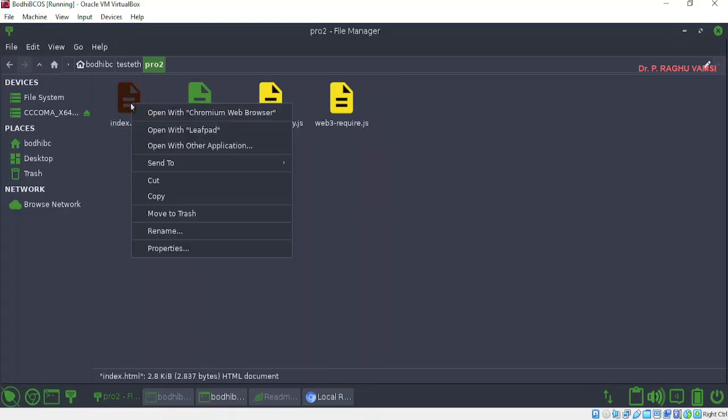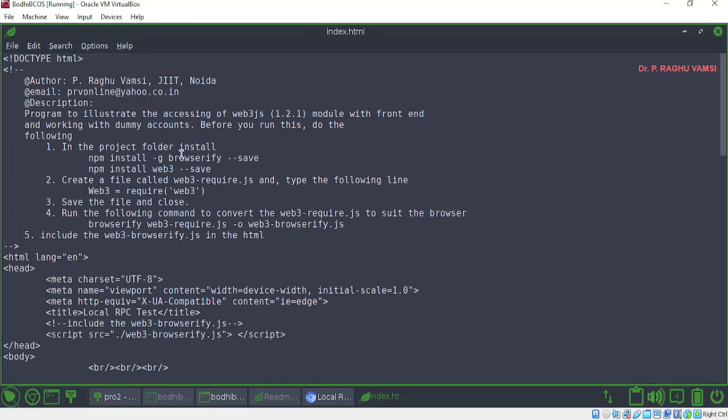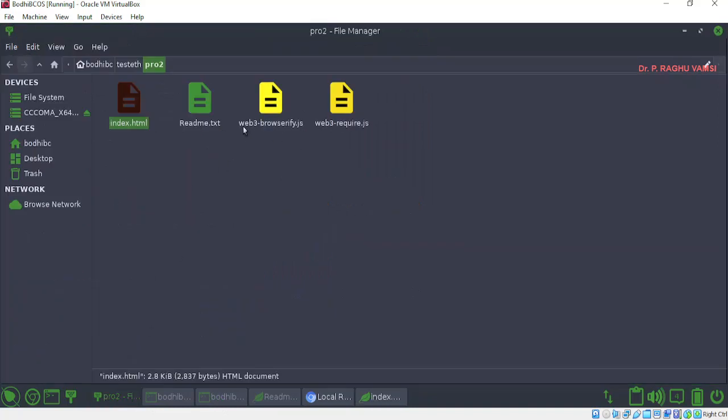I'm opening this index.html file. So here, this program folder will have the installation of Browserify and Web3. Currently I'm not installing Browserify because I already have the Browserify module in my program itself. You have seen here, this is the web3-browserify.js, and web3 require.